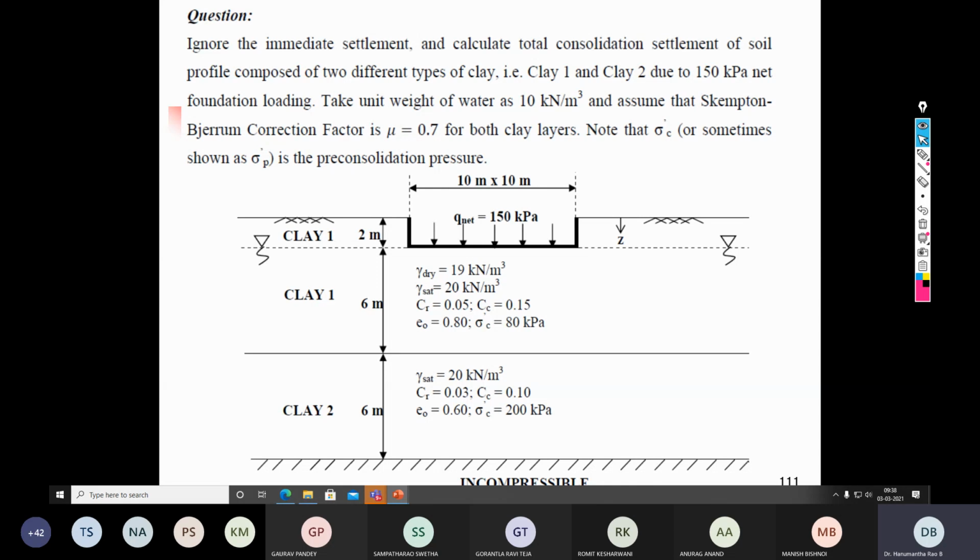Okay, saturation is different than the water table. Below the water table, by default, it is fully saturated. Above the water table, it could be dry or it could be saturated. Saturated means all the voids are filled with water, but it is not the water table.